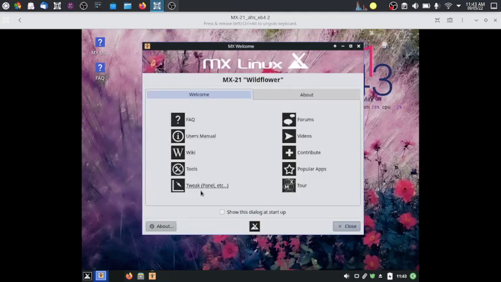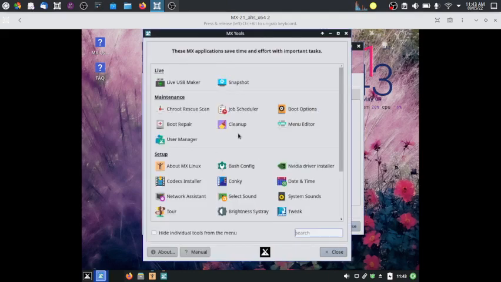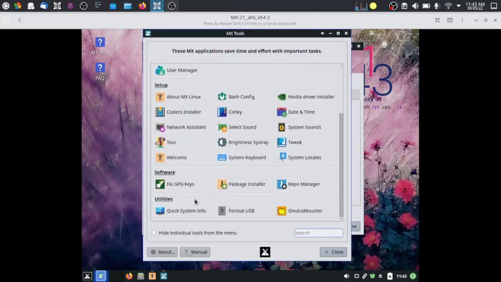We close this down. Now let us go to the tools section. We already discussed it earlier in the MX tool, so I will not explain anything more, because everything has been explained. Yes, in that screenshot the utilities was not there. So the utilities, you can format the USB,